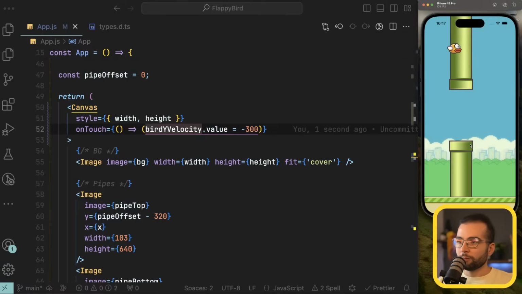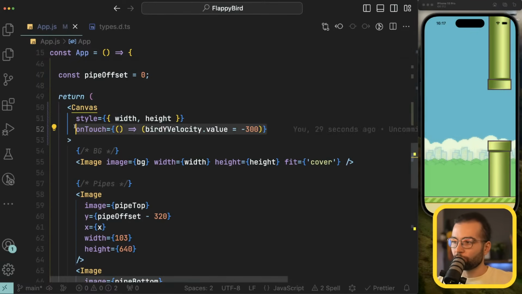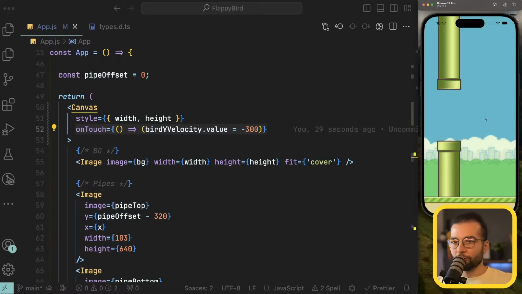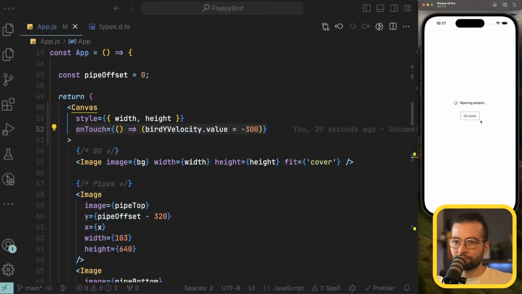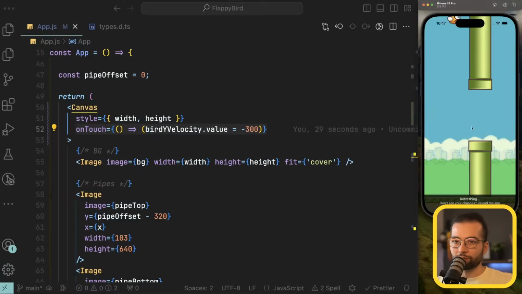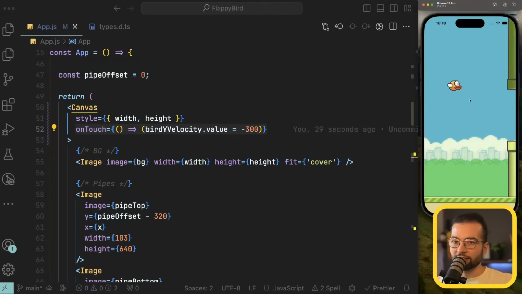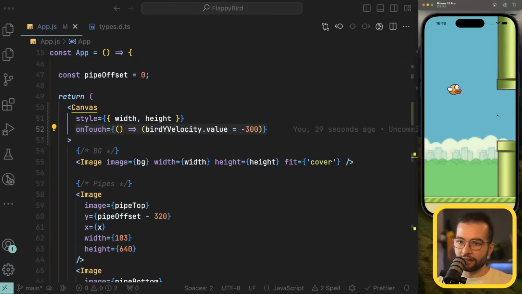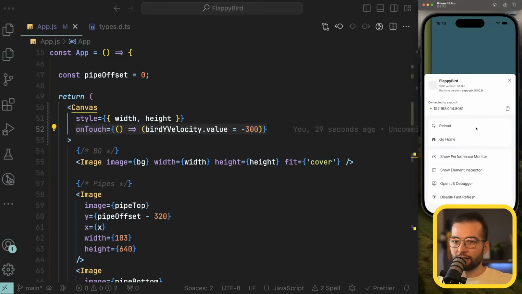Perfect. The problem with this right here, with the onTouch, is, I don't know if you can see, but when I press, the background moves a bit slower, which means that we have some frame drops. You see that there is a stutter in the background movement. That means that we have some frame drops, and I can confirm that by opening the